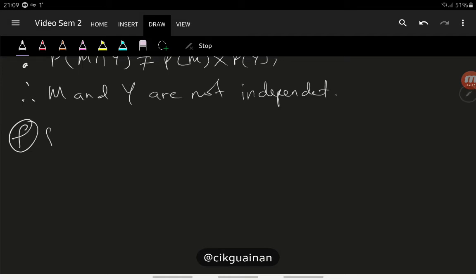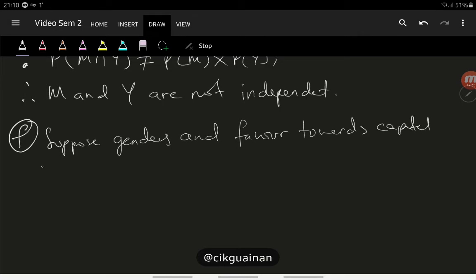So if we suppose the genders and their attitude towards capital punishment, that is their yes or no, their favor lah, towards capital punishment are mutually exclusive, then